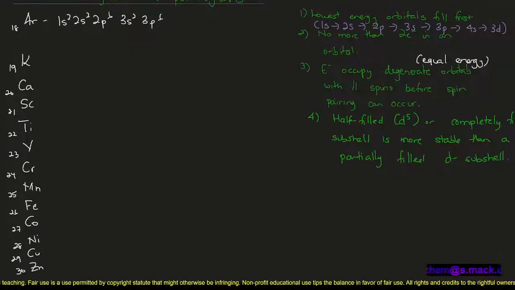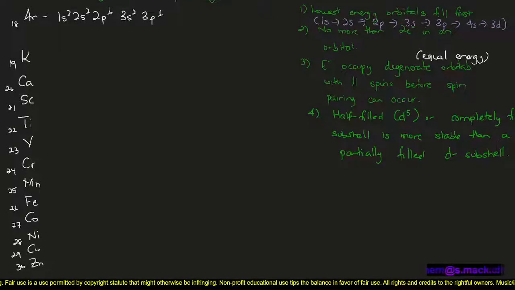On my screen you're going to see the electronic configuration for argon already written in, and I'm going to use this in order to write our electronic configuration for elements with atomic numbers from 19 to 30. We'll be looking at the transition elements with atomic numbers 21 to 30, and I want to mention those as